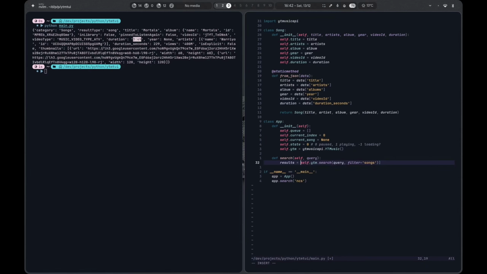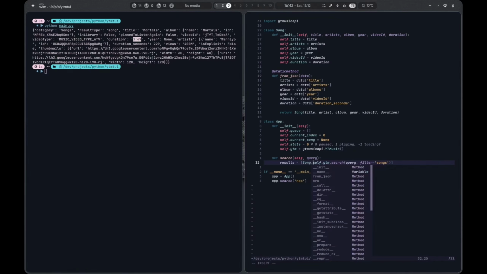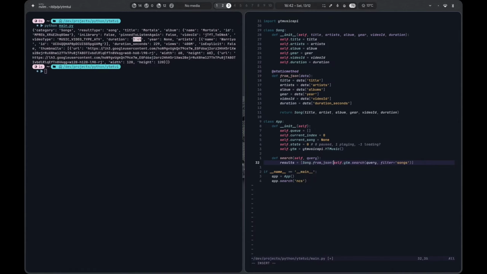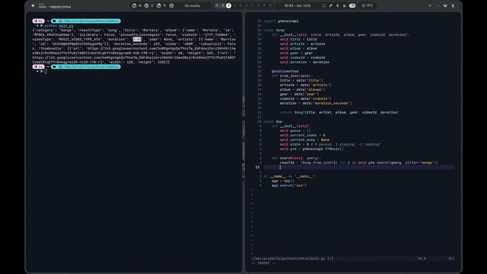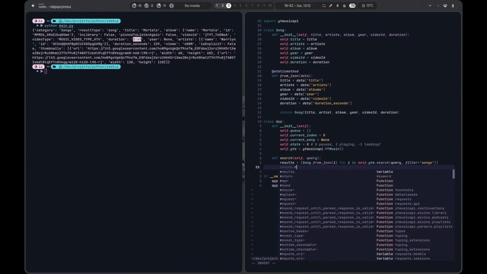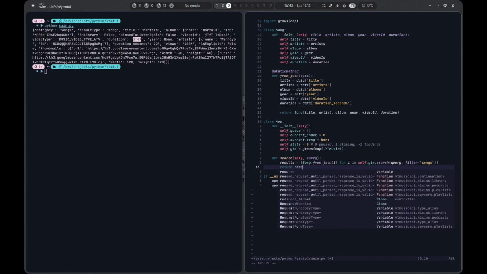Song.from_json, and we pass i as the argument, for i in this thing. Okay, and this should hopefully return a valid song object. So we return results,